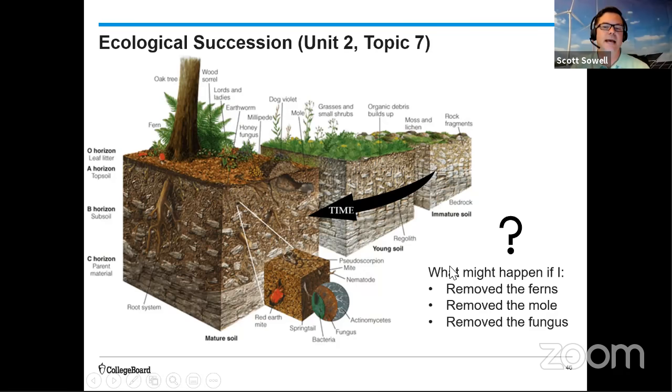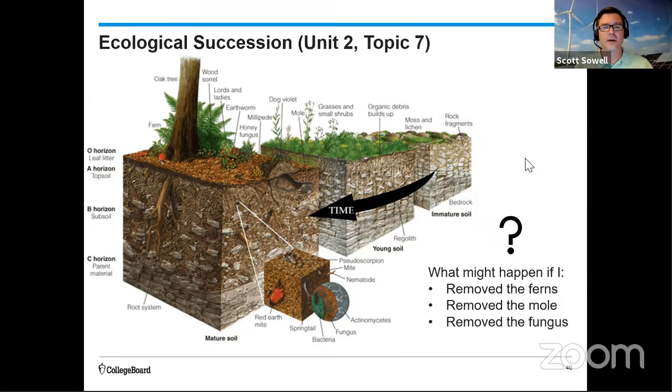So I want you to imagine now, what if I took away this fern? What if I took away all the ferns from that late succession community? Would it affect the community? Absolutely. The things that ate the ferns might decrease. Maybe the nutrients in the soil might shift because the ferns aren't drawing that out. But by removing the ferns, or if I remove the mold, or if I remove the fungi,